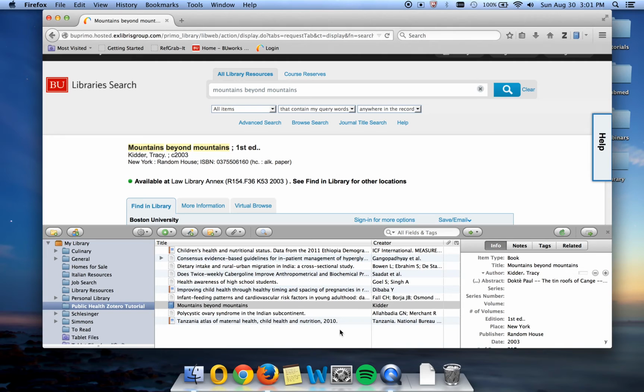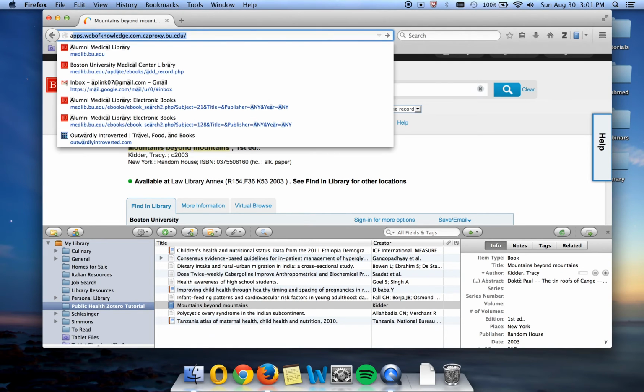Periodically, you might find that your book is not available in the BU Library catalog. That's fine, because Amazon has a great book catalog, and so you'll be able to probably find the book that you're looking for there, and you can add it into your Zotero account from there. So we'll go in and demonstrate that real quick. So if I go to Amazon.com,